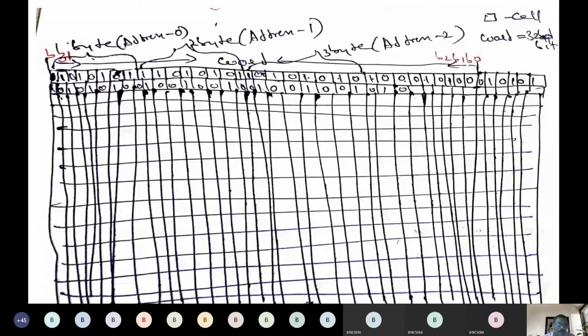Okay, right. One important thing you need to get is that the entire memory is divided into cells. A single square box we call a cell, and each cell can store 0 or 1, only 2 possible values, and consecutive or successive 8 bits we call a byte. You can see this will be another byte, and this another byte, and so on. So successive 8 bits we call a byte, and we have bytes until the end of the main memory. Of course, we did not fill the entire memory with zeros and ones. If we have data, there will be zeros and ones.